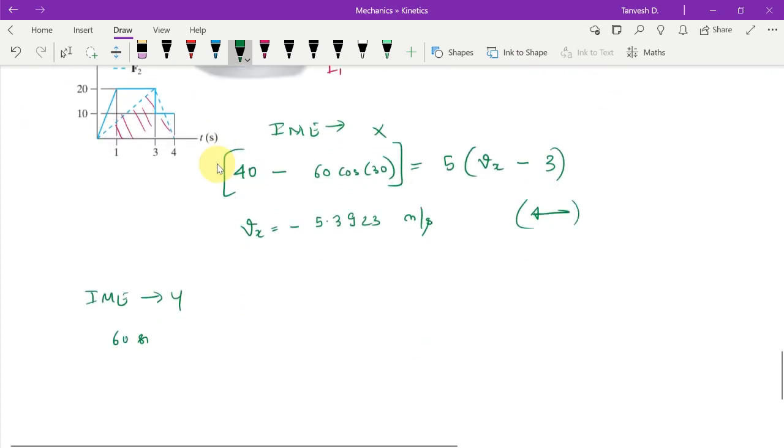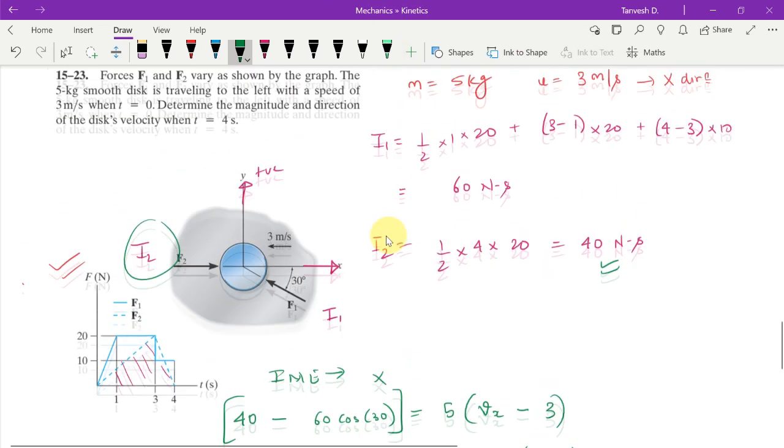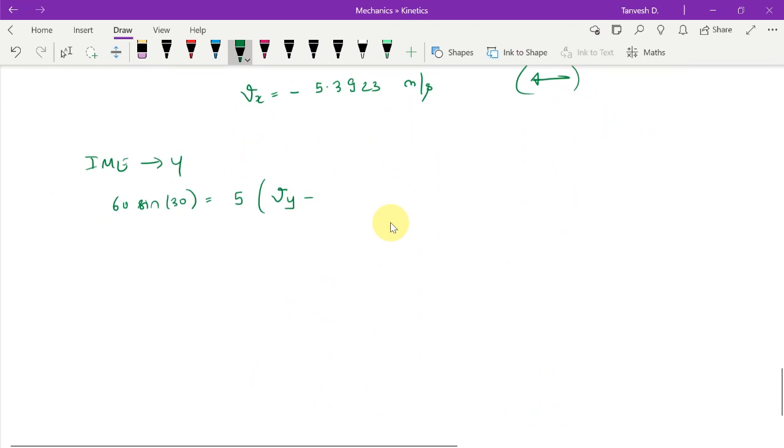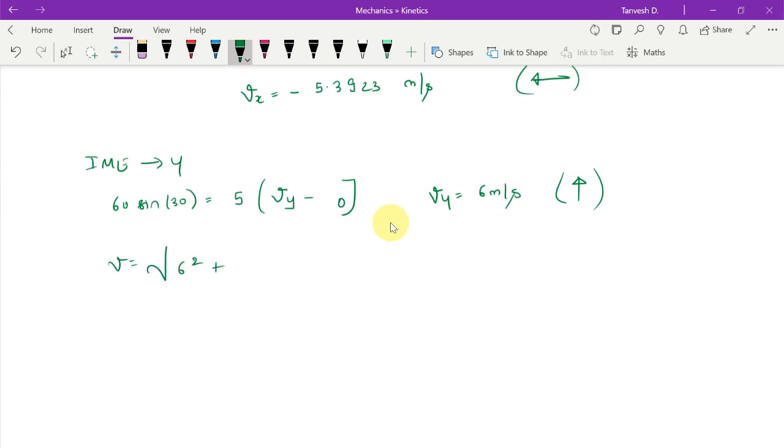So 60 sin 30 is equal to mass times Vy, and u in the y direction is 0. So Vy you will get as 6 meters per second, and since this is positive, it means it's upwards. So we can say the total velocity is the square root of 6 squared plus 5.3923 squared, which is equal to 8.067 meters per second, and the angle at which it is acting is tan inverse of Vy by Vx,